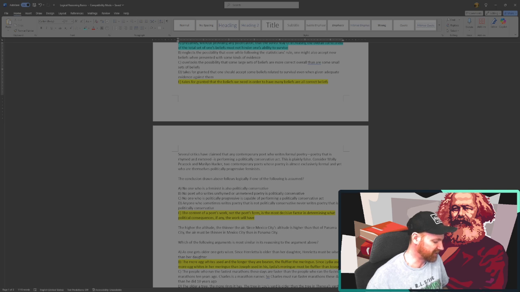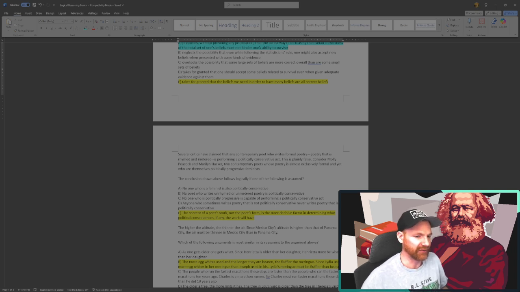A: No one who is a feminist is also politically conservative. B: No poet who writes unrhymed or unmetered poetry is politically conservative. C: No one who is politically progressive is capable of performing a politically conservative act. D: Anyone who sometimes writes poetry that is not politically conservative never writes poetry that is politically conservative. E: The content of a poet's work, not the poet's form, is the most decisive factor in determining what political consequences, if any, the work will have. I answered E, but let's read through the